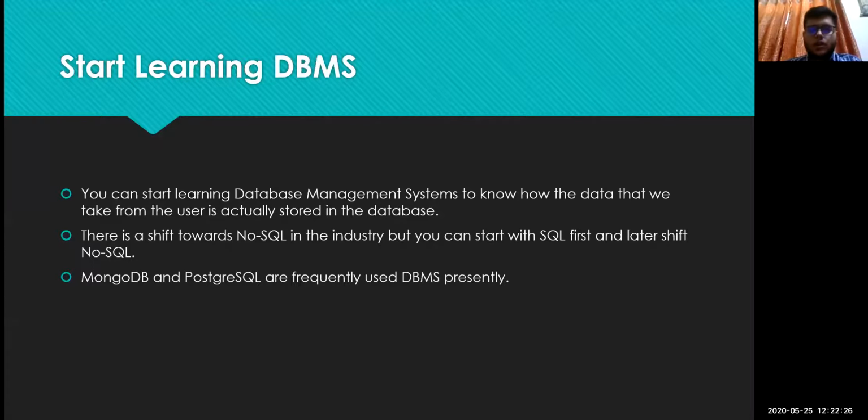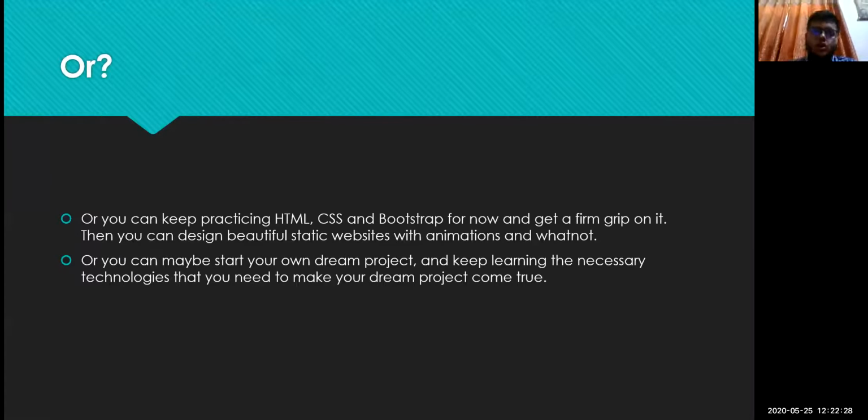Next, you can keep practicing HTML, CSS, and Bootstrap for now and get a firm grip on it. And then you can design beautiful static websites with animation and whatnot once you learn the basics of these things. For animation, many libraries are present.